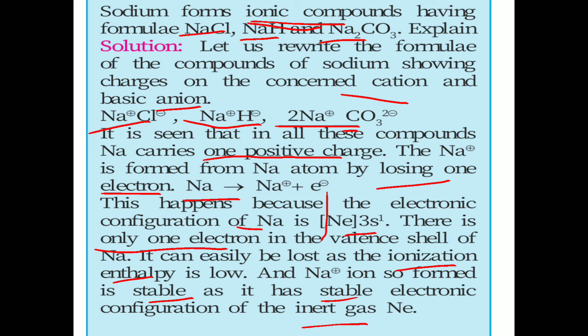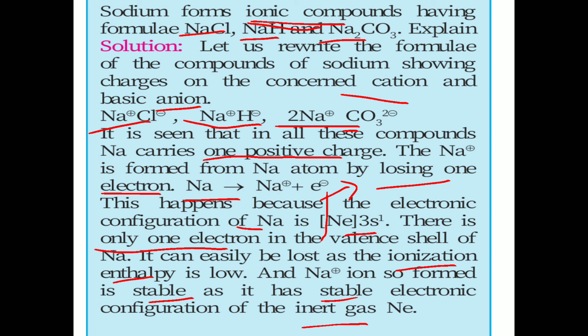In short, in the case of NaCl, Na loses an electron to give Na plus, and this one electron goes to Cl, which accepts it and is converted into Cl minus, that is, the Cl anion. By the combination of the Na cation and the Cl anion, NaCl is formed.